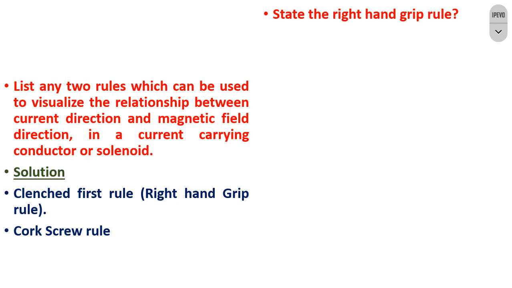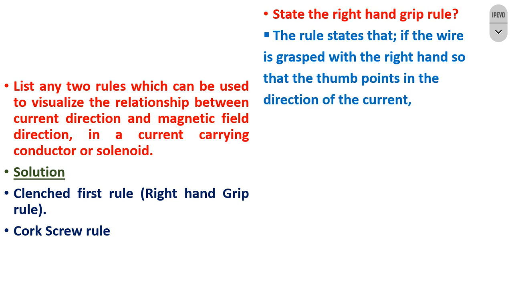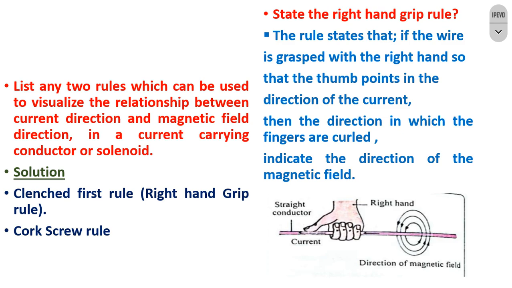Okay, so state the right hand grip rule. The rule states that if a wire is grasped or held with the right hand so that the thumb points in the direction of the current, then the direction in which the fingers are coiled indicates the direction of the magnetic field. As you can see in the figure here,